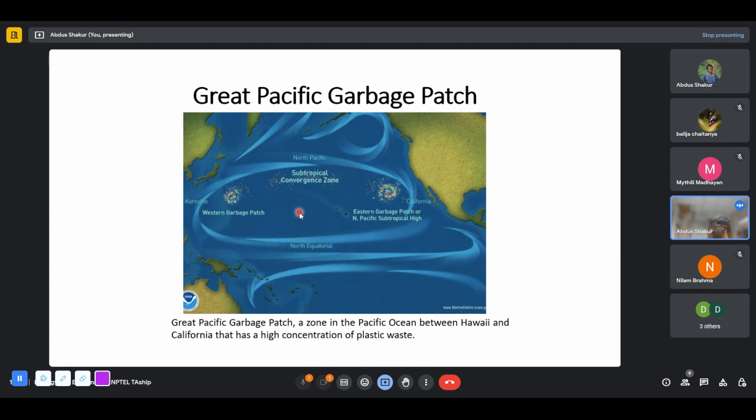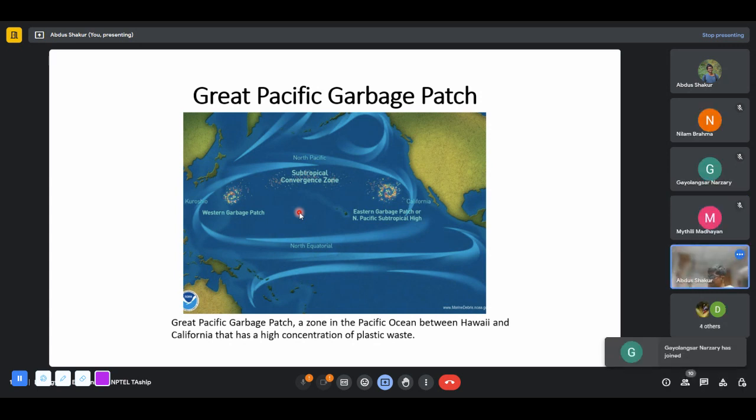So the history of plastics is so big. Once they were discovered as being easy to produce and having so many uses, making our life much easier, we started using use-and-throw plastics, like most of the carry bags, the straws, and a lot of other things. We had use-and-throw plastics, or even non-use-and-throw plastics. After a certain time, once their life is done, they're just thrown. So what happens is these plastics most of the time end up in oceans, right? That's one big dump yard for us humans. So once they end up in the ocean,